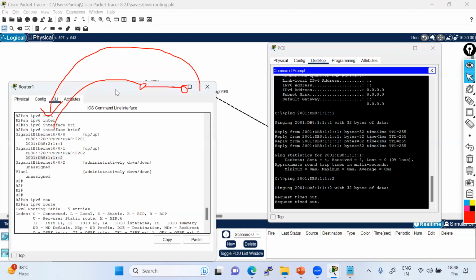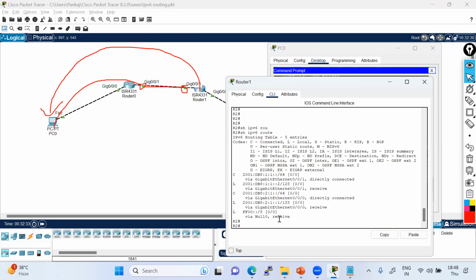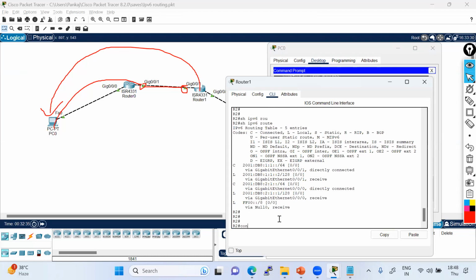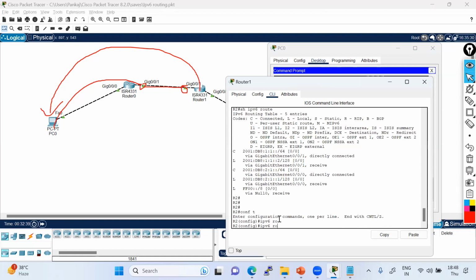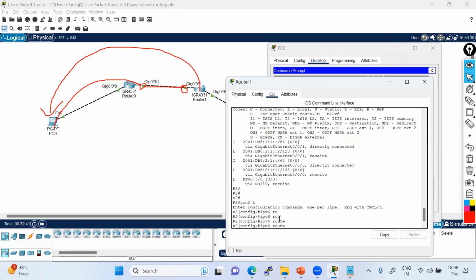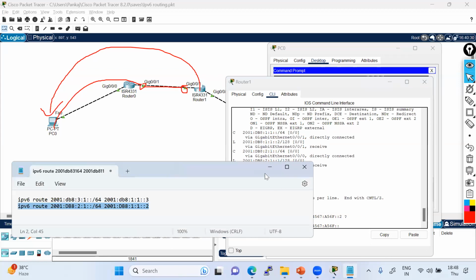I'll go in R1 and configure the IPv6 route, right? This is in there, right? IPv6 route. No problem, this is the same thing.